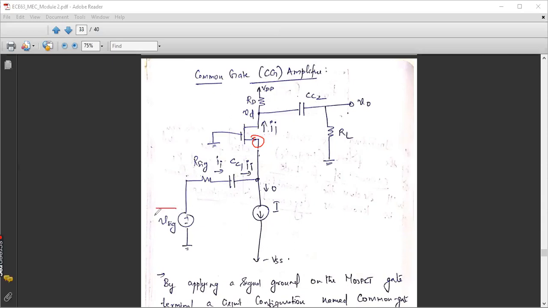As you can see, VSIC is your AC input to be amplified, which is given through a coupling capacitor CC1 and RSIC. Normally, in previous case also, we have given our input through a coupling capacitor and a signal resistance RSIC. Then what we have is, in the previous two cases, we have inserted one gate resistance RG, because there we have given your input to the gate terminal, but here we are giving the input to the source terminal. So now you need not fix that RG here. Instead, the gate is directly grounded. The gate is directly grounded.